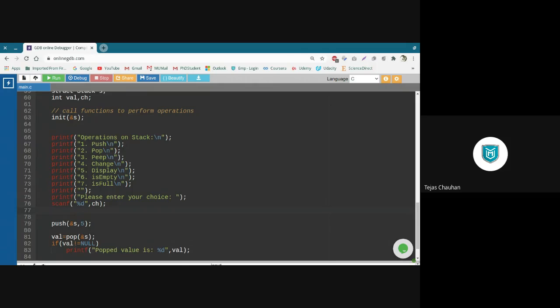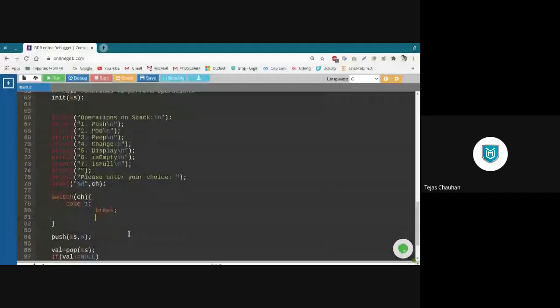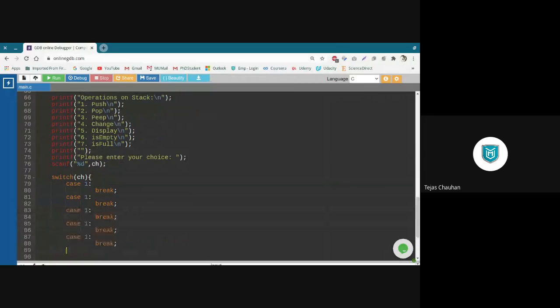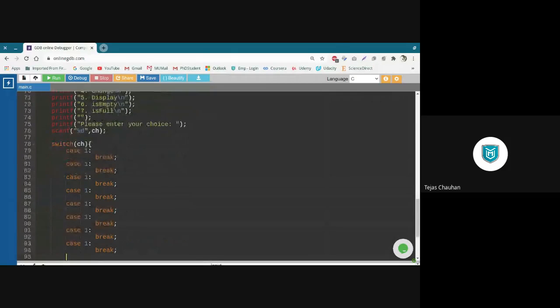So I can have a switch case here. I can have a switch case on this ch variable and have multiple cases. So I can have all those 7 cases: the second case, third choice, fourth choice, fifth choice, sixth choice, seventh choice, eighth choice.